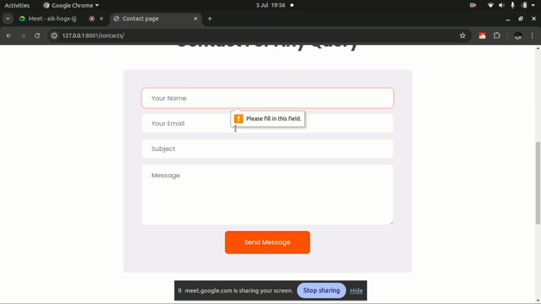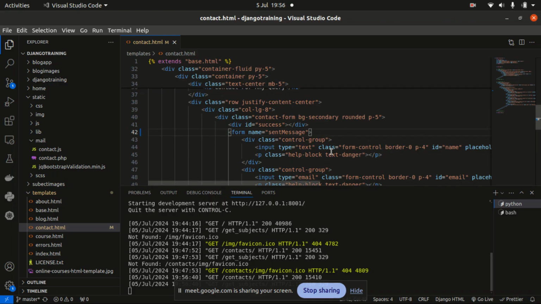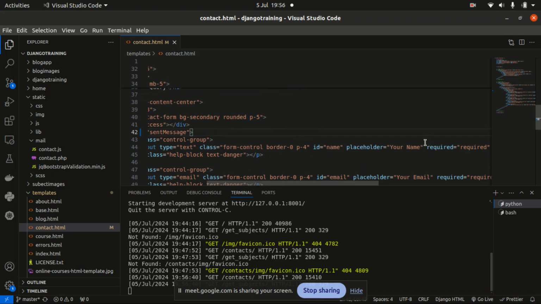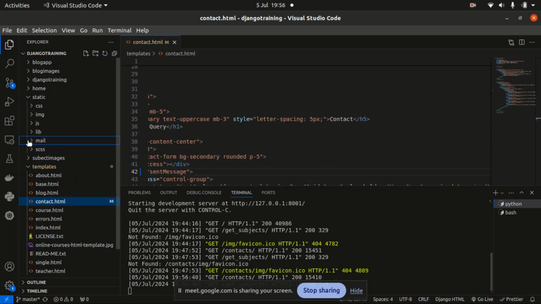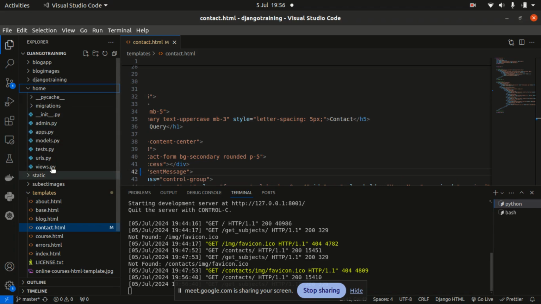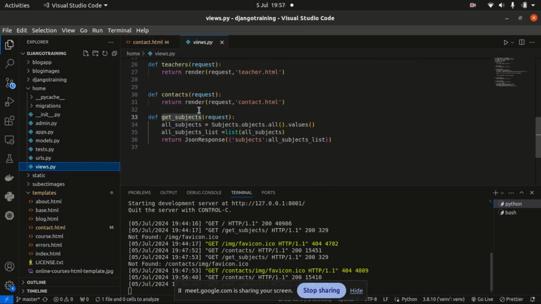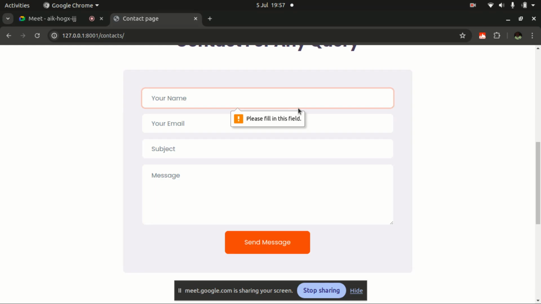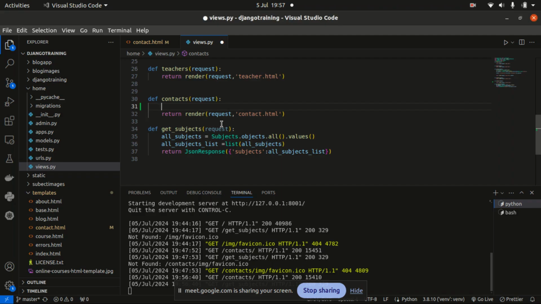Okay, all right. So the current validation is the one that happens with the help of these required tags, right? All right. So we need to have the view. There is the view that gives us that contact us page. So that is where we are going to process our data. So we are going to use the post method to collect this information, right? So we first of all check if it's a post method. All right, if request.method is equal to POST,